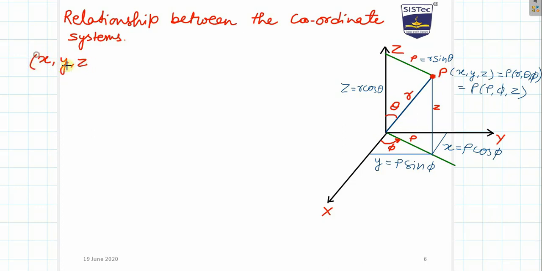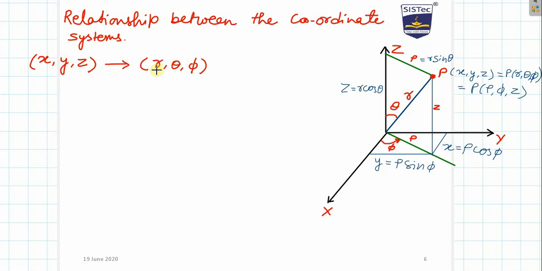That means the coordinates have been given in the Cartesian coordinate system. And we want the transformation in this spherical coordinate system, r theta phi. So the magnitude transformation we had seen in the last lecture, how the magnitudes can be transformed. If it is given in r theta phi, we can convert it into x, y, z. If it is given in x, y, z, we can convert into r theta phi.